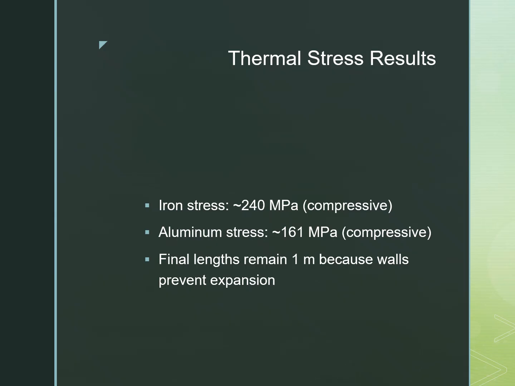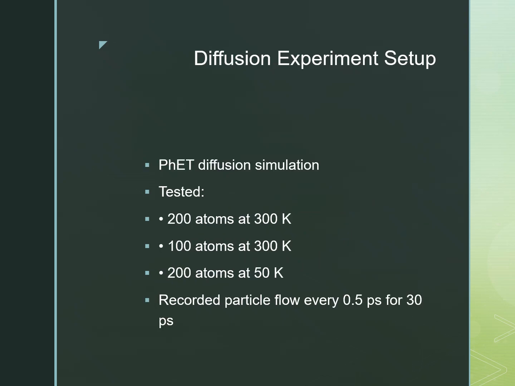The first experiment used 200 atoms on the left side at a temperature of 300 Kelvin. The second experiment reduced the number of atoms to 100, still at 300 Kelvin. And the third experiment used the full 200 atoms, but dropped the temperature all the way down to 50 Kelvin. For each experiment, I recorded how many atoms crossed the midline every half picosecond for a total of 30 picoseconds. These trials let me see how concentration gradient and temperature both affected the diffusion rate. As you can see on the slide,